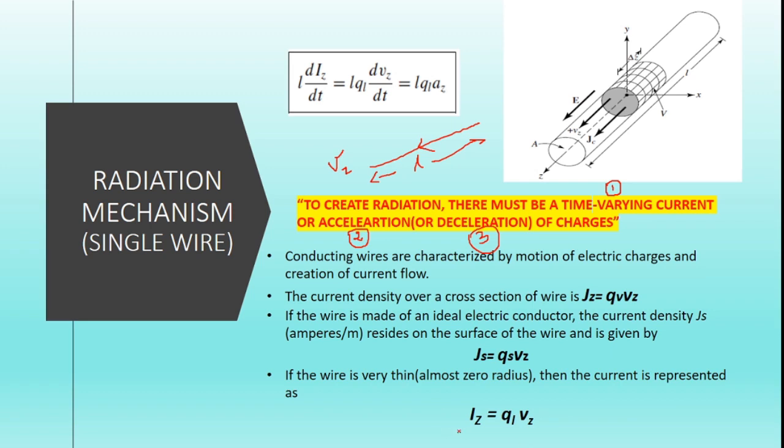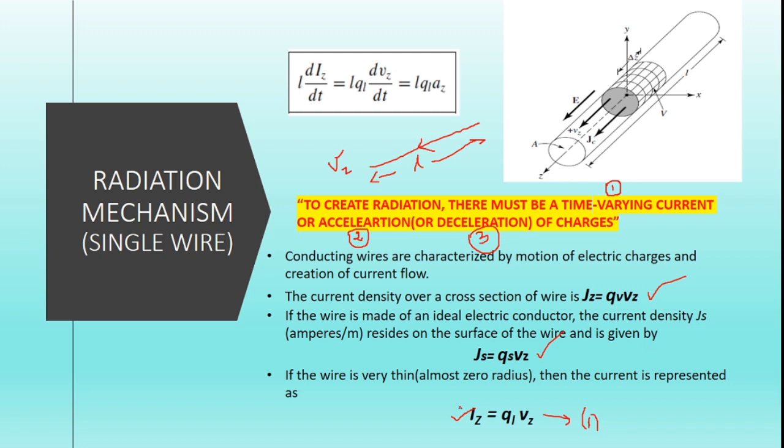Now we can actually apply the time varying characteristics to this particular equation. For example, let me call this equation 1. We have considered this wire to be of zero radius, which means it is still a wire. So whatever conclusion I can apply to this zero radius wire can be expanded and applied to any other single wires also. Whatever conclusions apply to this particular equation hold true for this equation also.